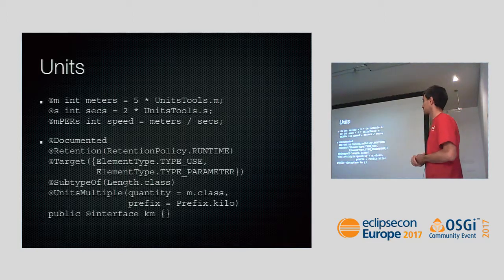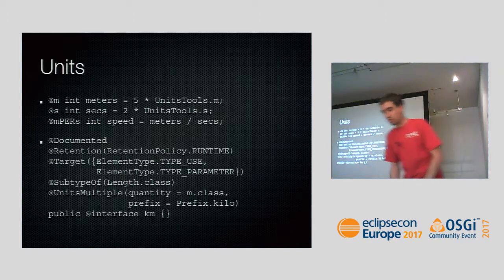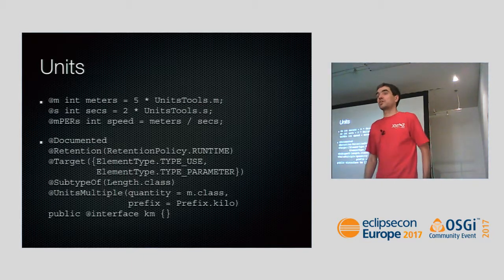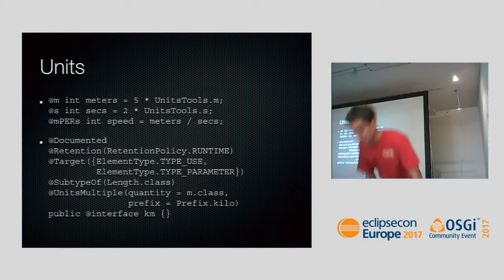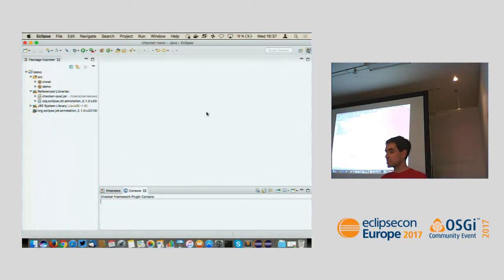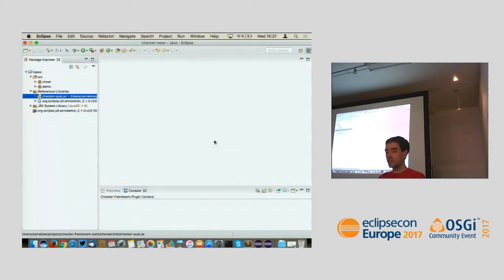This is an example that I want to show now also in Eclipse, along with the second part, which is a declaration of such an annotation. So let's see. Here's my small demo project. I have the Checker annotations on my class path. For the sake of the argument, no Mic anymore. Also the JDT null annotations on the class path. And I want to start with a demo